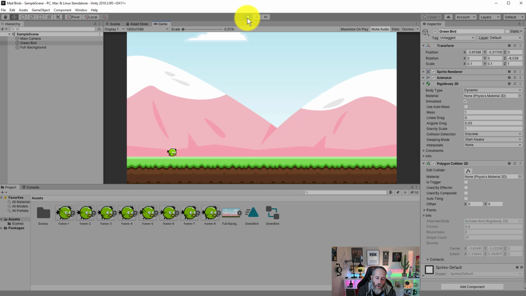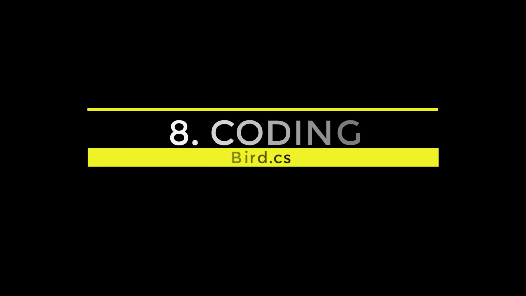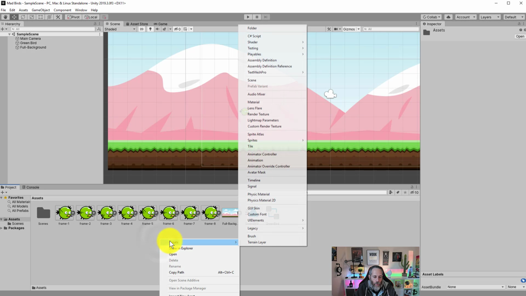So next we need to talk about how we can make him fly. How do we make it so he can launch away and go hit enemies and start diving into actually writing some code. To create our first code file, we can simply right-click in our Assets section, choose Create, and then